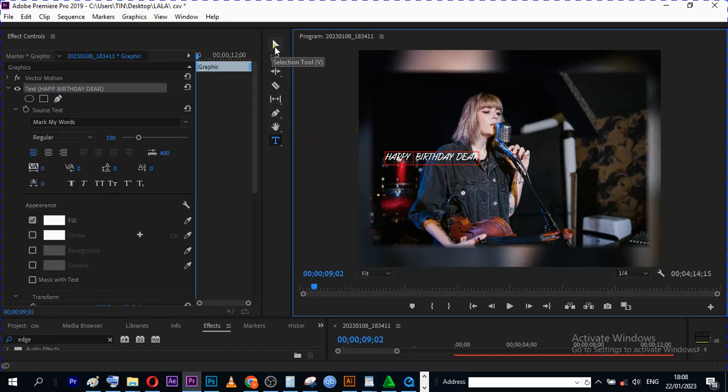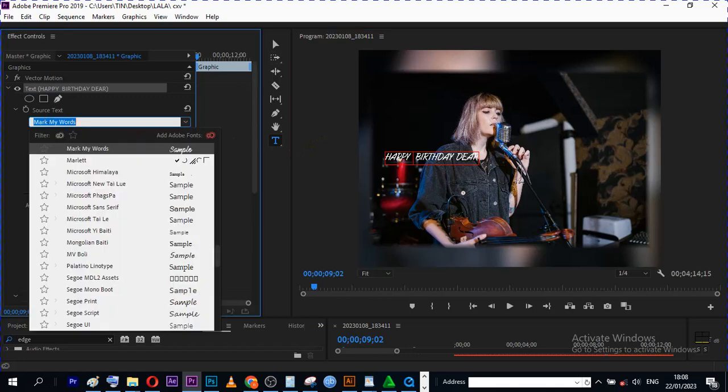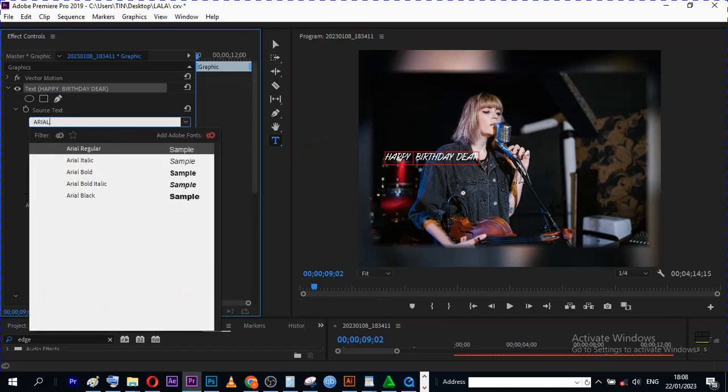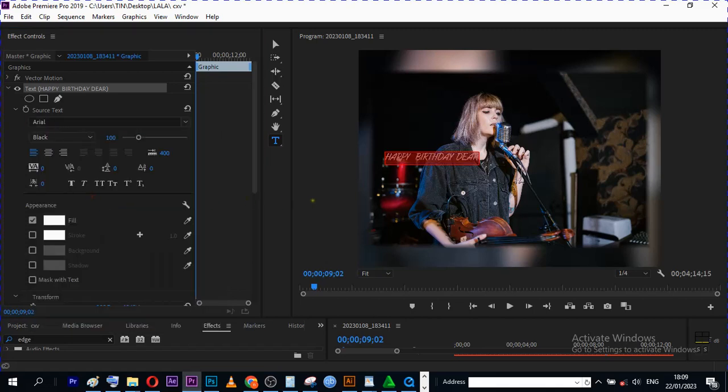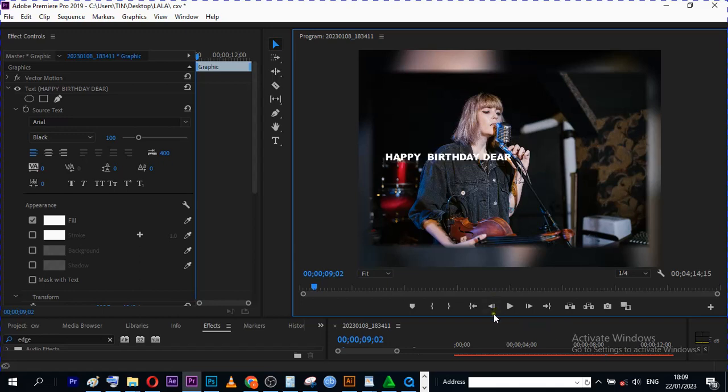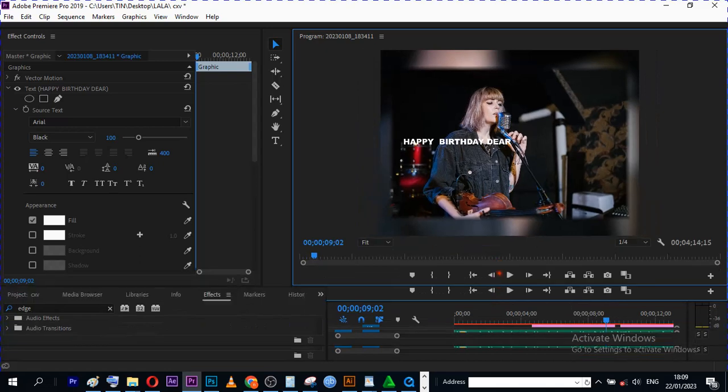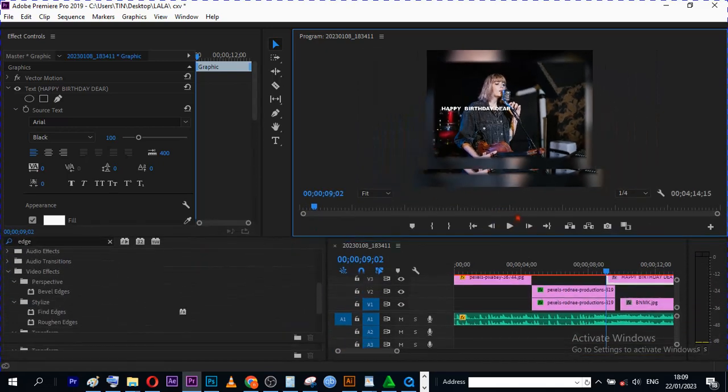So what we do is we click our Ctrl A again. I want to have something that gives us bigger bold fonts. Then we click Arial. Then we choose black. Let us see its effect. Then after that, we get our selection tool. Then after, we go there and